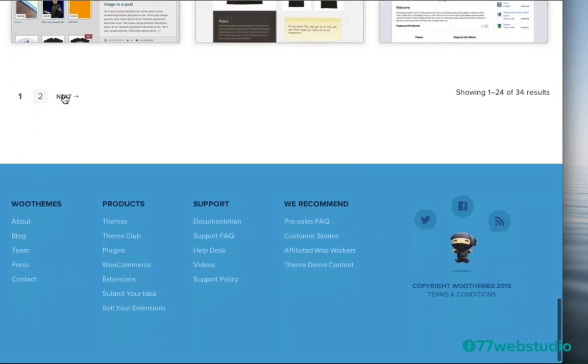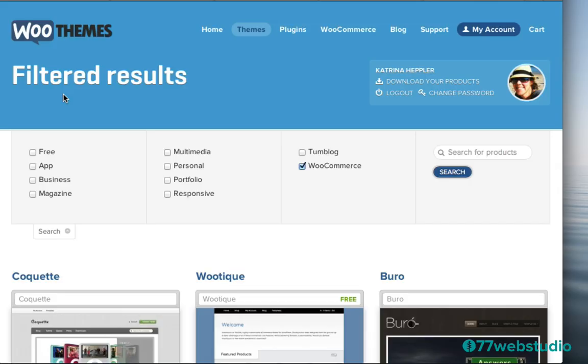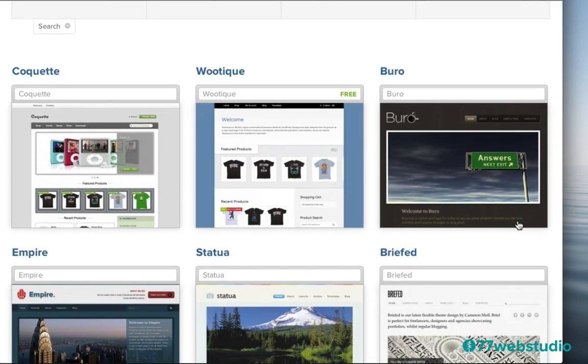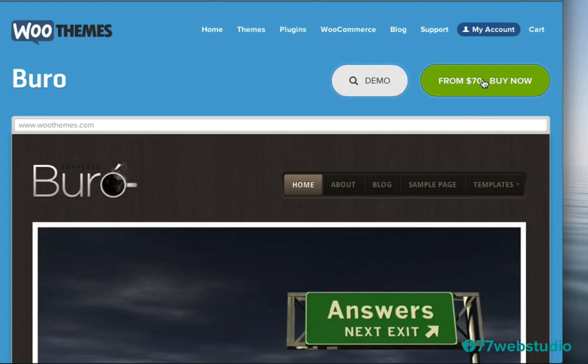So this particular theme is on page 2, so I'm going to click on Next to go to the theme. It's a responsive theme, which means it'll look awesome on smartphones, tablets, desktops, and laptops as well. Here is the theme, so I'm going to click on Bureau, and then I'm going to click on From $70